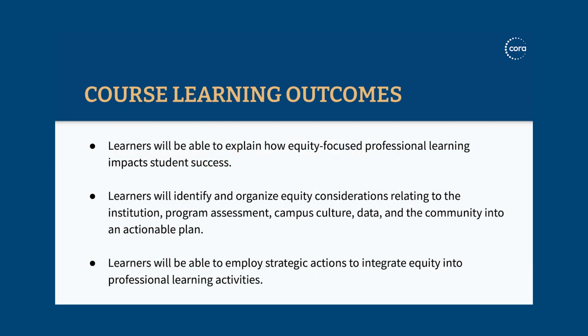The course learning outcomes are: number 1, learners will be able to explain how equity-focused professional learning impacts student success. The second one is learners will identify and organize equity considerations relating to the institution, program assessment, campus culture, data, and the community into an actionable plan. And the last course outcome is learners will be able to employ strategic actions to integrate equity into professional learning